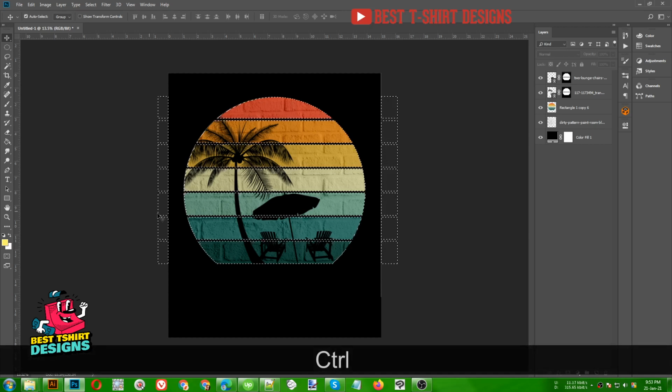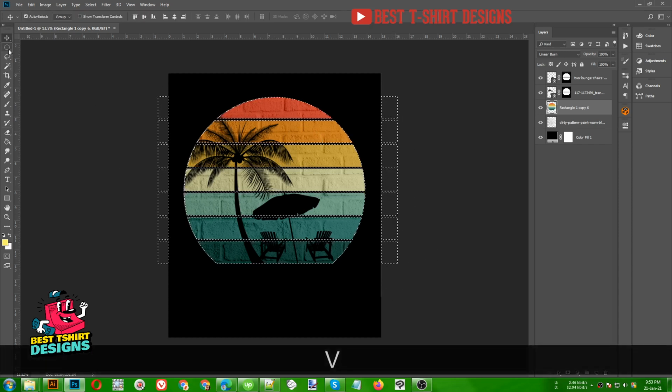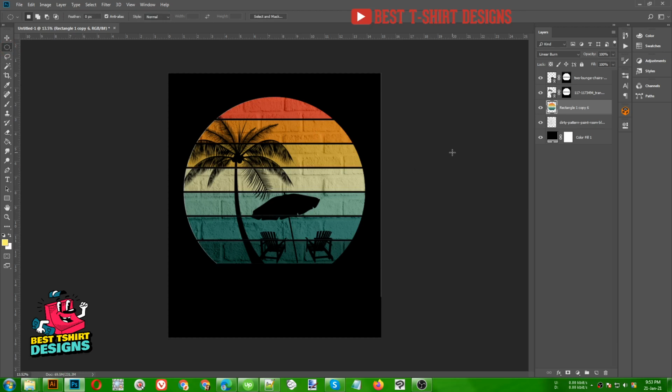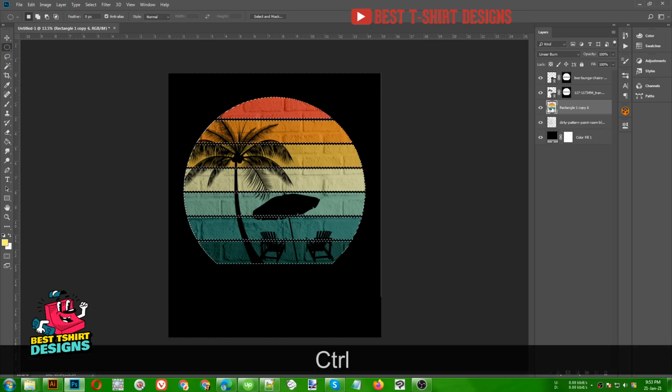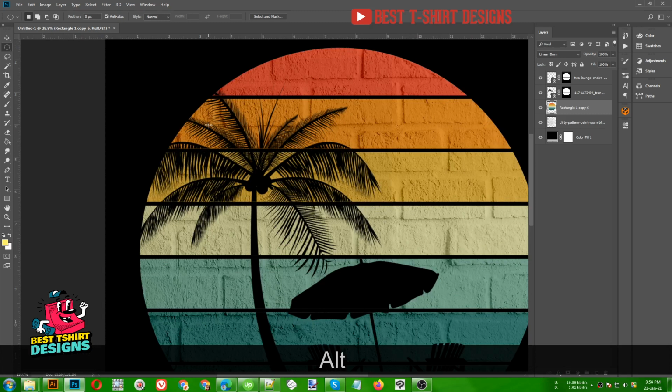Now for this one here, if I Ctrl click on this layer, it is going to select these extra parts. I am going to press E for the eraser tool, and then I am going to click on this layer, and then I am going to erase everything that is here in this side area. That's good for us. Now if I deselect it, then if I again press Ctrl and click here, you can see only this part is selected. That means this is in the design only, not this part, those are removed. So for now that is good.